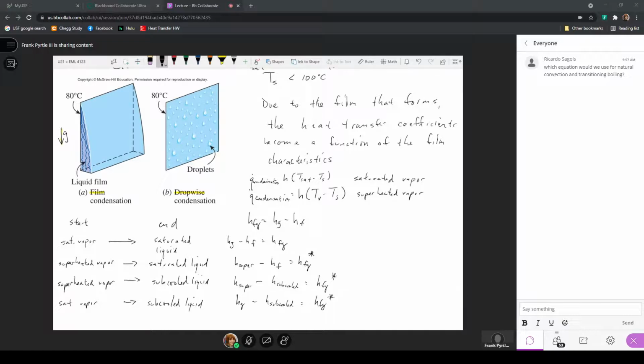So if I'm just operating between the saturated conditions, then it's just HFG. If I'm operating between the superheated vapor and saturated liquid, I get an expression for HFG star, and likewise for a superheated vapor and a subcooled liquid, or saturated vapor and a subcooled liquid. Now, just to show you schematically, what does this look like from thermodynamics? Here, if I consider the vapor dome, and let's say here a line of constant pressure,